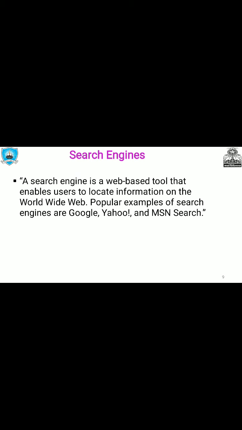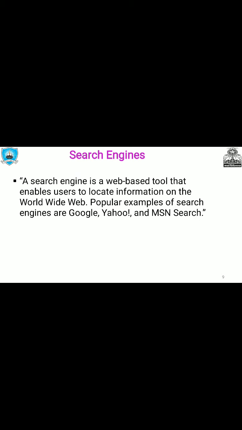Now, let us see what is a search engine. A search engine is a web-based tool that enables users to locate information on the World Wide Web. Popular examples of search engines are Google, Yahoo, and MSN Search.